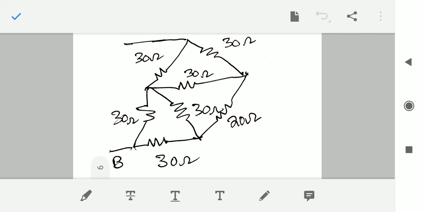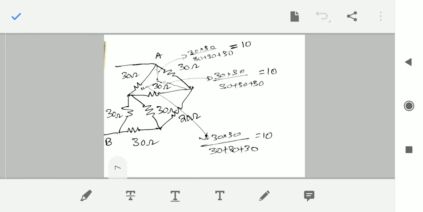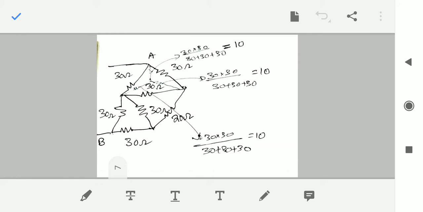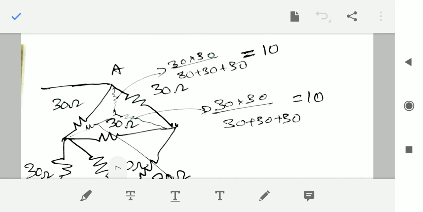Why? Because no resistances are connected directly in series or in parallel, because current is not dividing and reuniting, or the current is not flowing through a single way. So for that reason we have to go again for star to delta transformation. We can choose any delta network. Three deltas are there, and any one delta we can choose. Here we are choosing the delta connected to B resistance, the delta connected to A resistance. Here there is a delta, and we convert this delta into star.